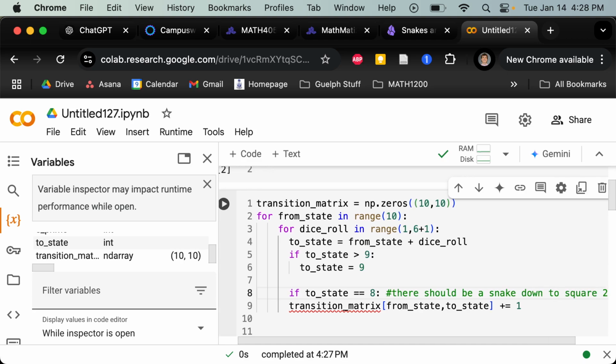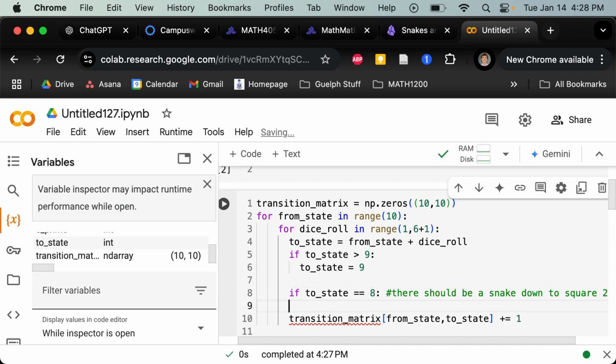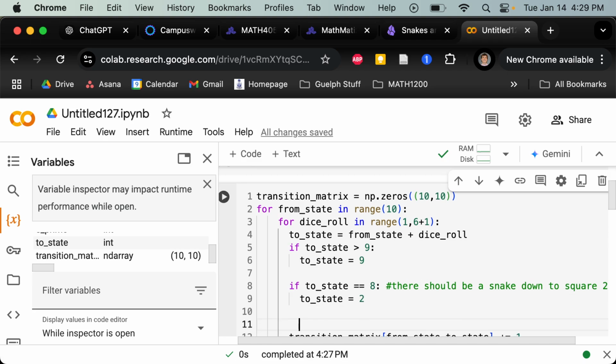I wrote this comment in to see if the AI will figure out what to do. Let's see. Ha! Okay, so the AI figured out if you're on state 8, then you should go to state 2. Very nice. Again, don't trust the AI. It will screw you horribly 20% of the time, but 80% of the time it's quite good. Okay. Similarly,